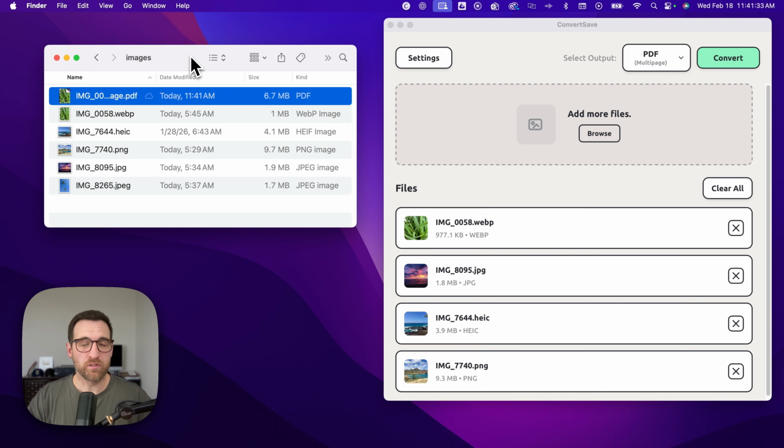And I've actually done this with like my driver's license. The first thing I thought of was, hey, ConvertSave. It works on desktop. It works on Mac and Windows. I can just click and drag. And it was like the quickest process for me to take a picture on my phone of my front and back of my license, bring it into my computer, and just drag it on over and convert it. Boom. I had a PDF that I could upload to the site that I was trying to upload like official